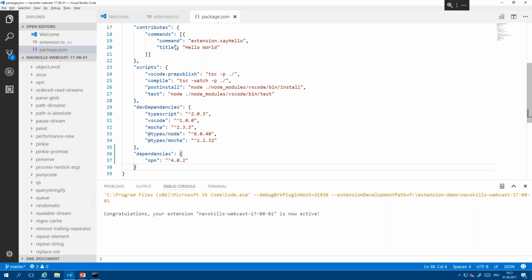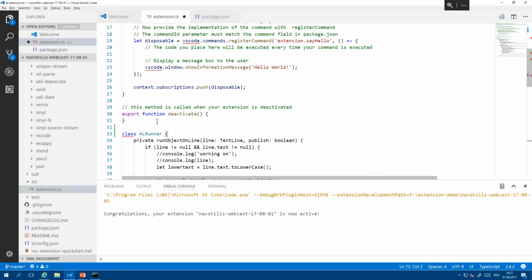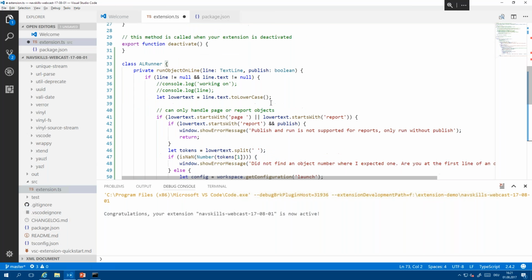Okay, so with that in place, we have everything that we need, and we're going to do the actual coding. I'm going to introduce a small class, which I called AL runner, because this is what my usual extension is called. And what that one is doing, as you can see here, it runs an object on a given line, which is a line of code in the editor. So it gets as input a line parameter and a publish parameter.